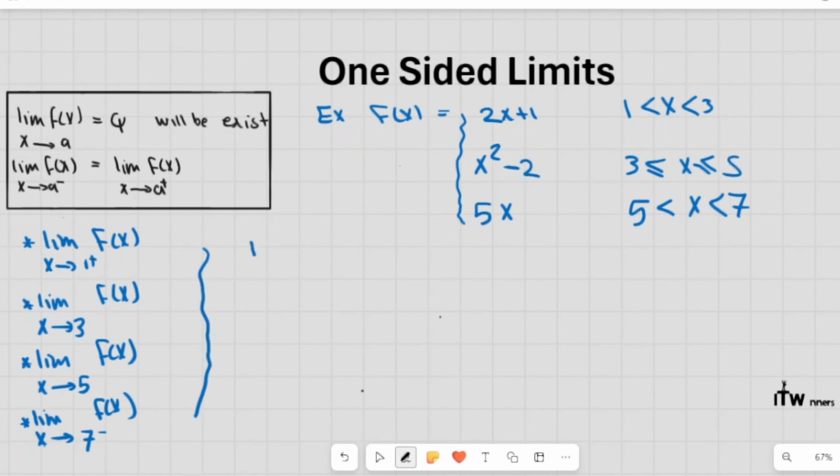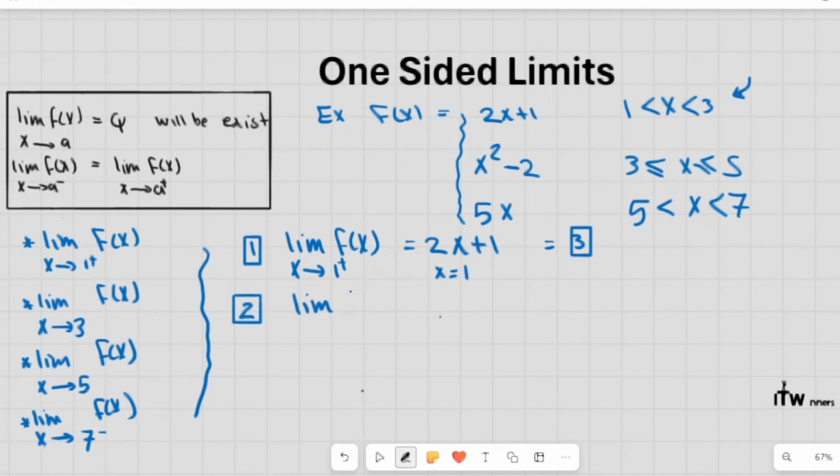Okay, so solution of the first one, let's find limit f of x, and here x approaches 1 positive. As you see here at this interval, this limit will be equal to 2x plus 1, and here x equal to 1, so this will be equal to 3. Okay, second one,